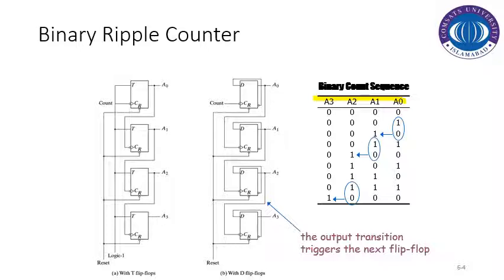Then if you see A1, A1 is flipping after two clock pulses. We can say that the frequency of A1 is basically half of the frequency of A0. So after two patterns A1 flips itself, A2 flips itself after four patterns, and A3 flips itself after eight combinations. So if we represent it as a timing diagram,